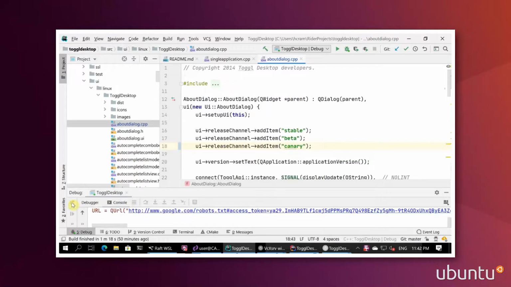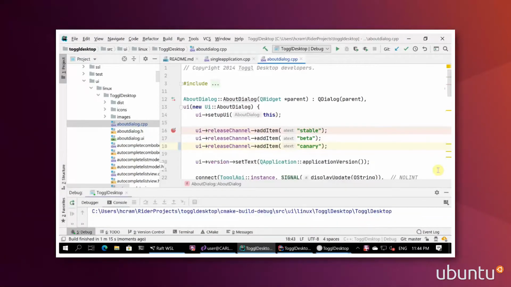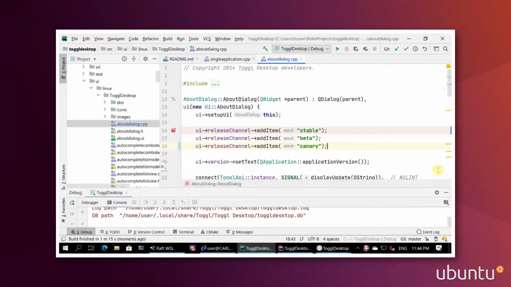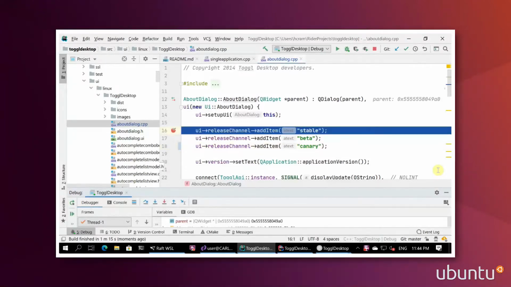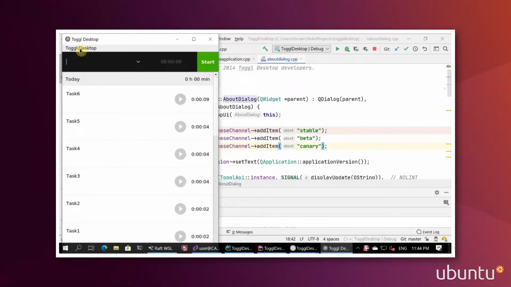I am using a debugger, so I can put breakpoints. In the case of a Qt application, they load everything at startup. So as we saw yesterday with Visual Studio, even a graphical application can be debugged. So let's see if our change